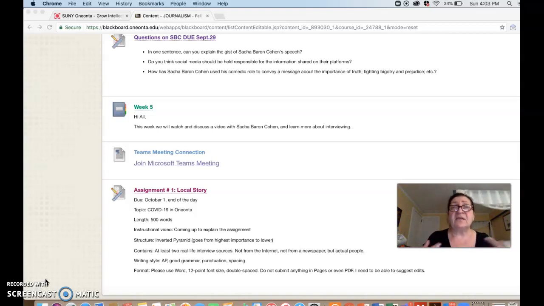Pages actually is a layout program. Pages is a great program on Macintosh, but it's meant to create a newsletter or an invitation or a poster. It's not meant to create a word processing document. So Pages is not meant for our purposes. A PDF is good, but it's a hassle for me to download and to try and comment on it. So please get Word and use Word.